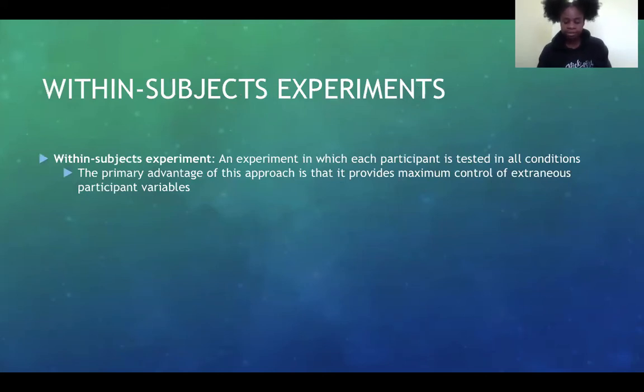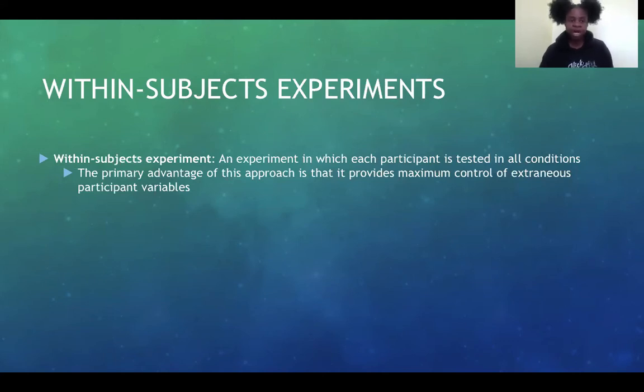Within subject experiments. In a within subjects experiment, each participant is tested under all conditions. The primary advantage of this approach is that it provides maximum control of extraneous variables. But I also want you to consider an example, and you can find this example in your book as well when you go to the specific section talking about within subject experiments. Consider an experiment on the effect of a defendant's physical attractiveness on judgment of his or her guilt. Keep that in mind, and then go back to our definition of a within subjects experiment